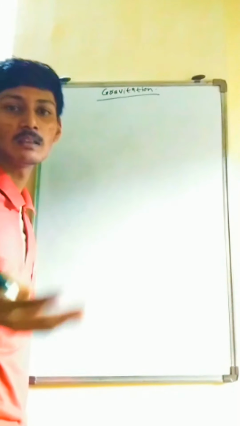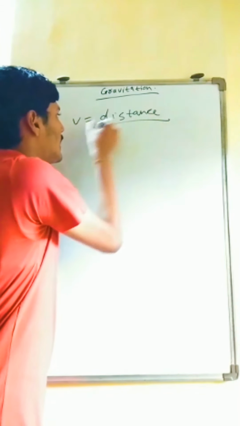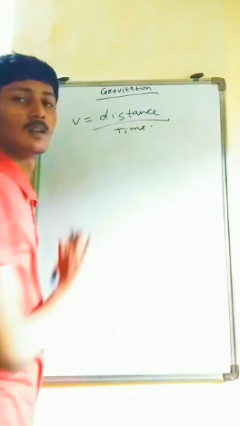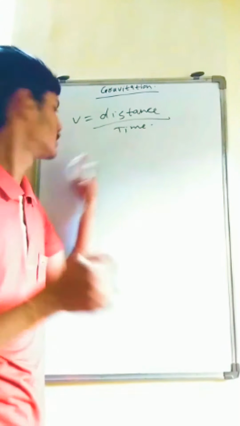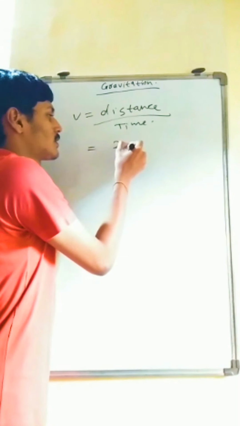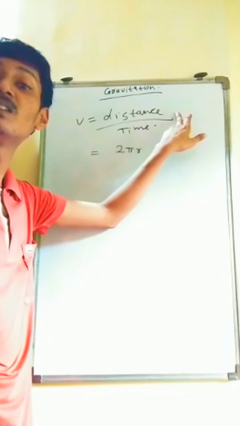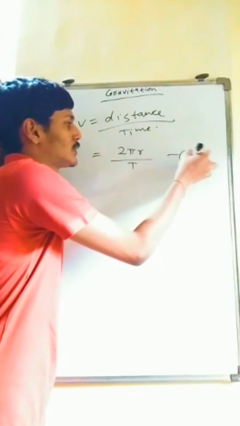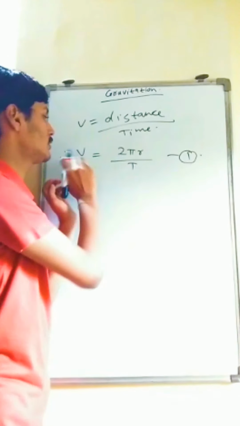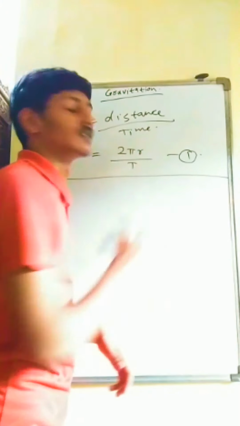So first, what we need to find is the speed of the planet, let it be Earth or any other planet. Here we calculate it in terms of velocity. So what is velocity? Distance taken upon time. Correct? If a planet is performing circular motion, the distance will be 2 pi r, the periphery, or what we say the circumference of a circle, and the time taken will be capital T. This becomes equation 1. Therefore, we got the value of velocity of a certain planet. This is the first part.